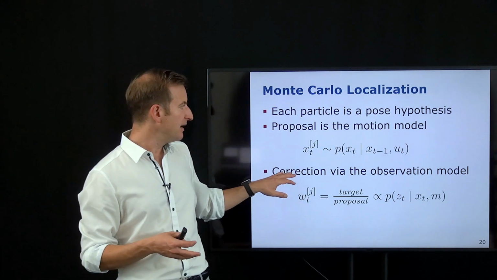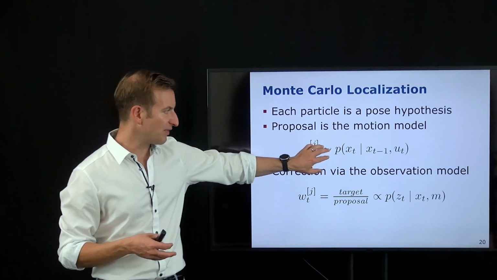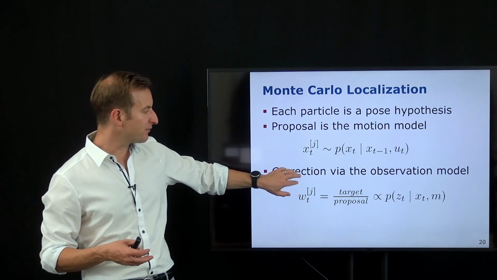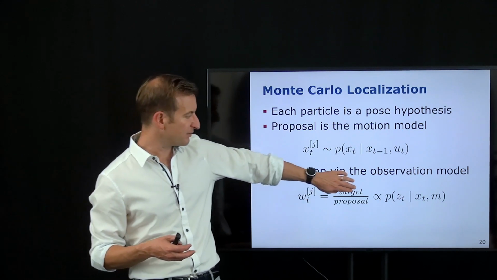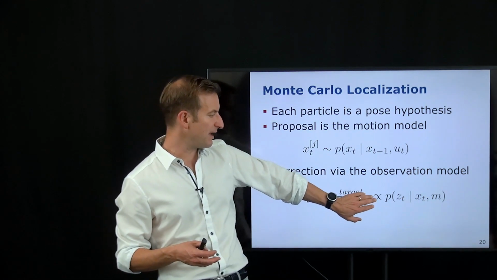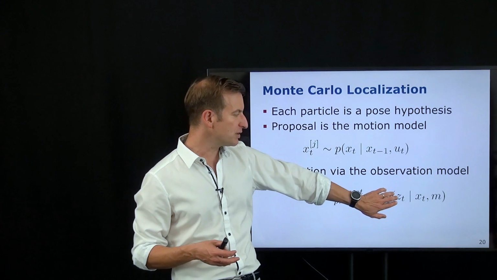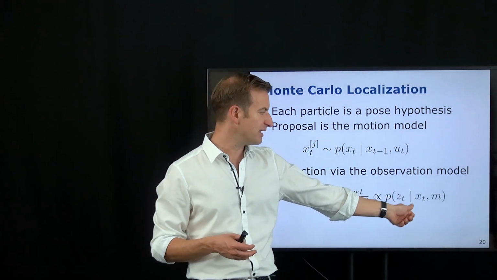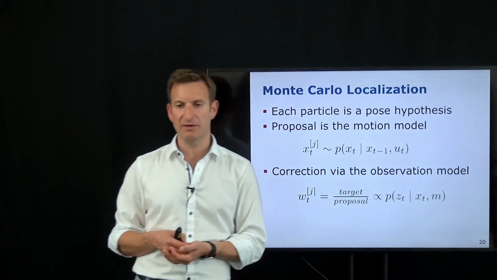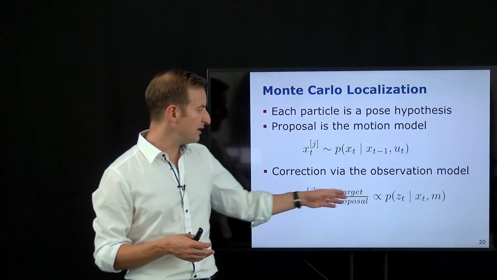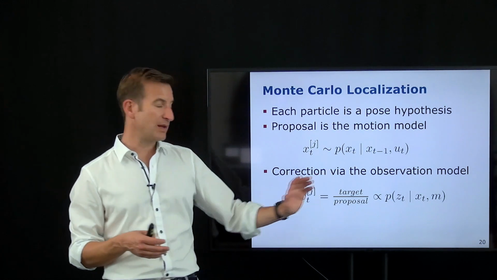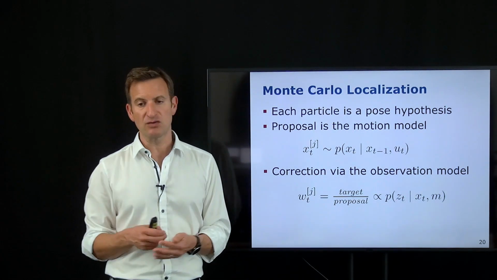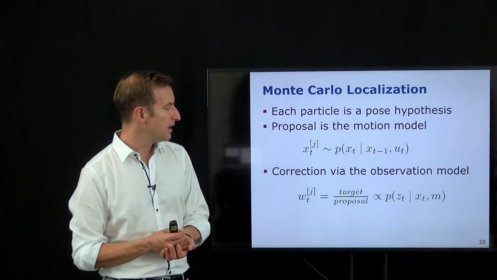And the second step, and this is the result from this choice. So this is a user-defined choice that we do in Monte Carlo localization. And as a result from this, if you sit down with the math, write down the target distribution, write down the proposal, do some math, you will get a term which is proportional to my observation model. So what's the likelihood of obtaining an observation given we know where we are and given we have the map of the environment? And we only need that proportionally because later on we anyway will normalize our weights to 1, and therefore I only need to know it up to a normalization constant.